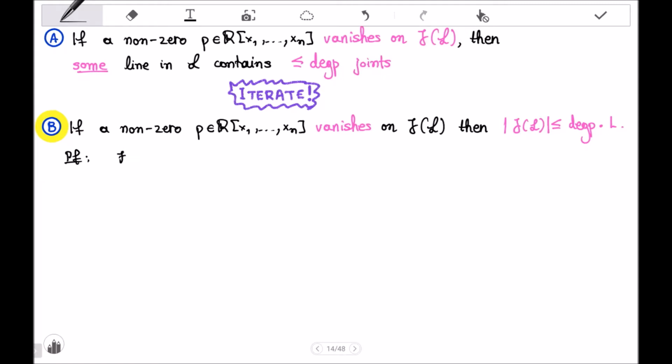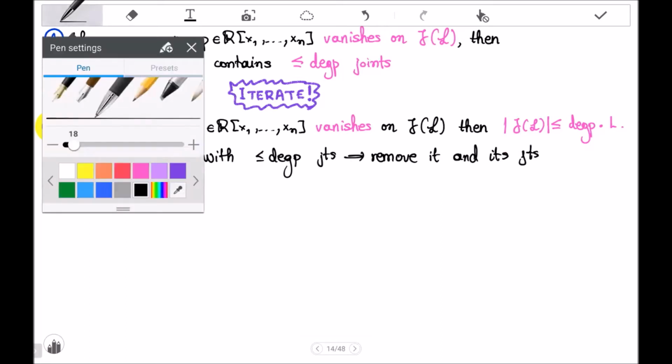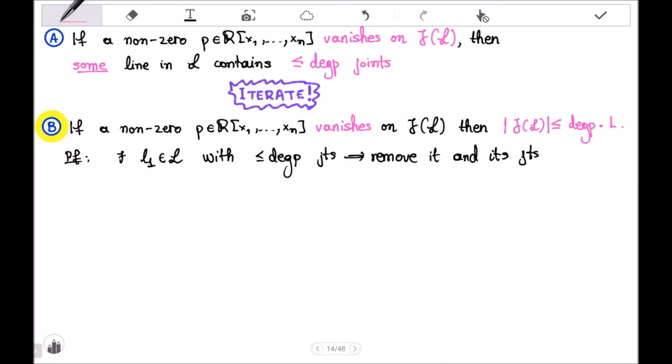You know that there is one line where you have control from step A. So there exists one line in the family containing at most the degree of the polynomial joints. What we do is we pick it and take it away. Remove the line and the joints it contains from the picture. So in this first step of the iteration, we have removed very few joints, at most the degree of P